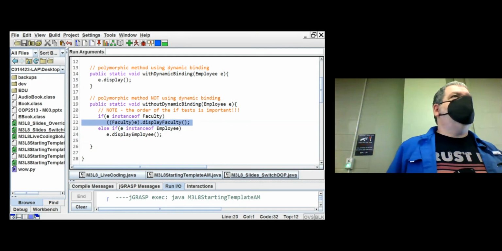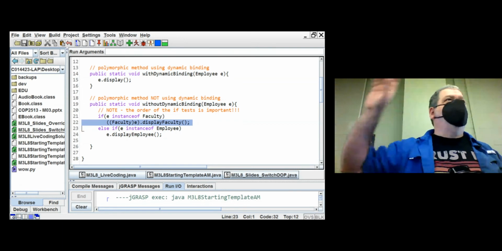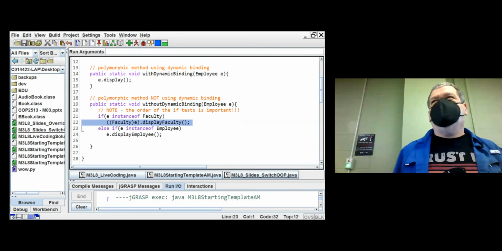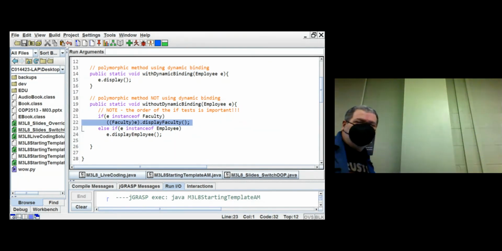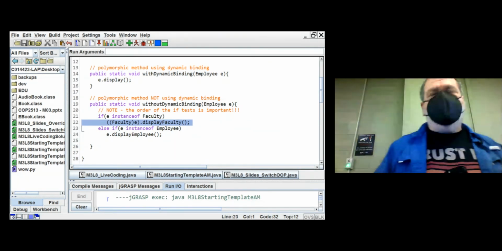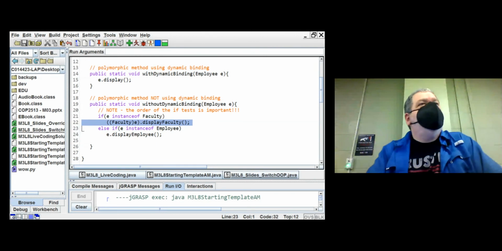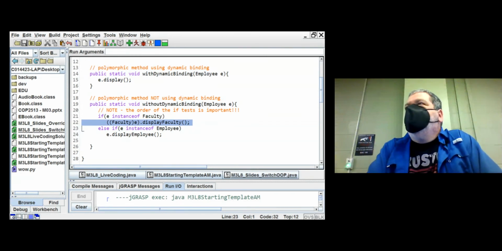No. I kind of blurted it out when I put a red warning that says the order is important, right? I'll have to fix that next time I use this code for a slide. So yeah, it's really super important actually, and that goes back to what I was telling you at the beginning